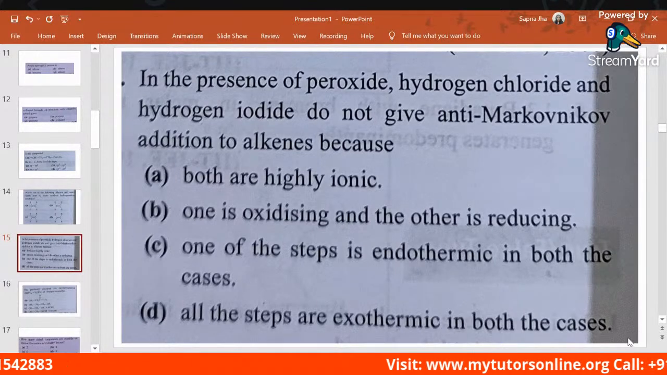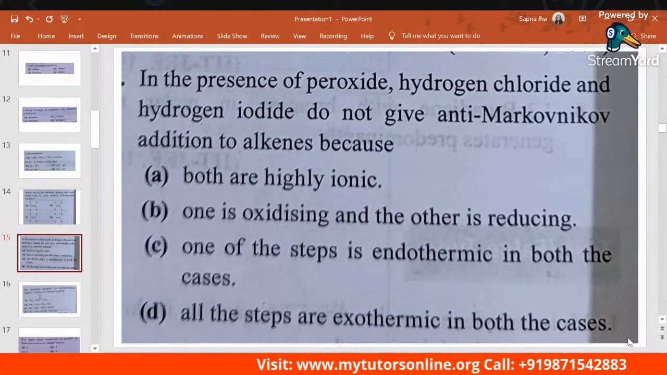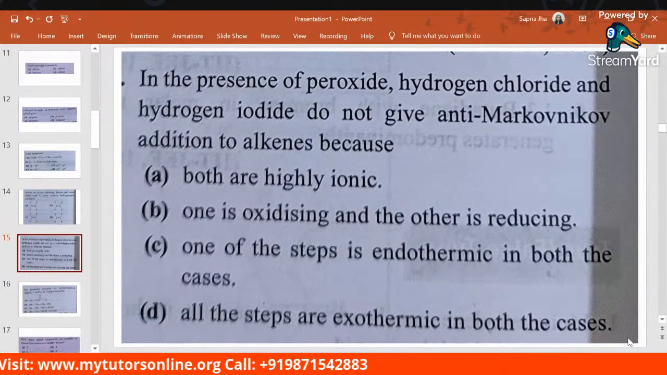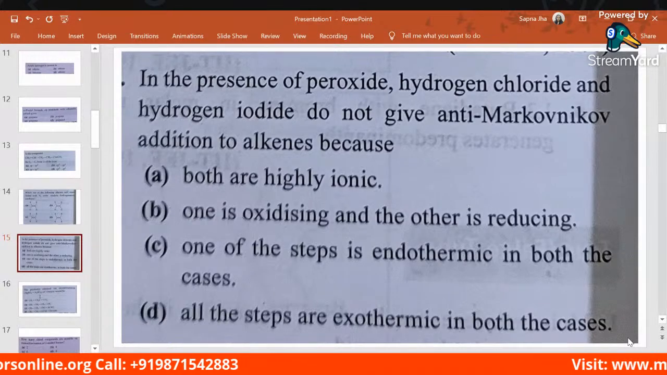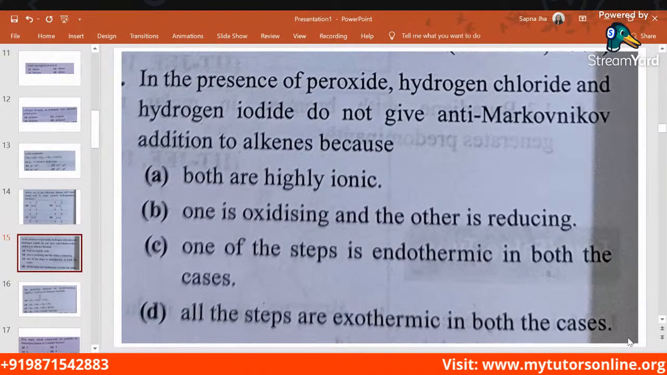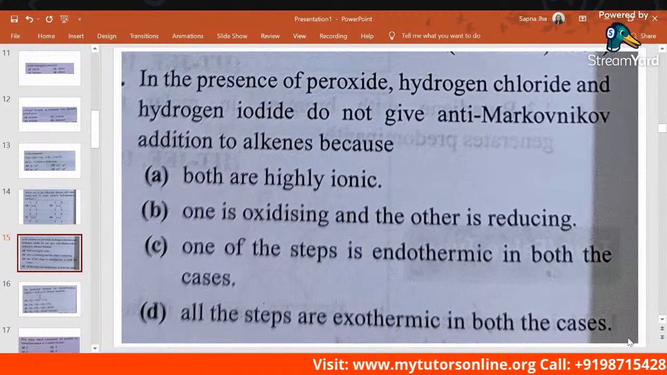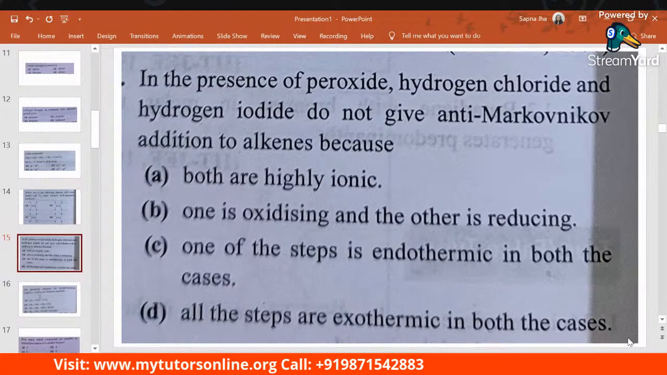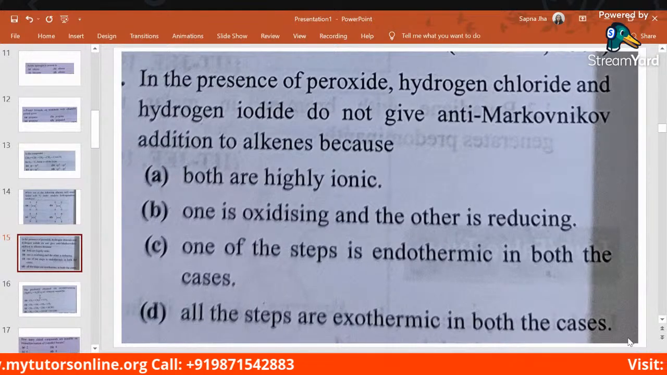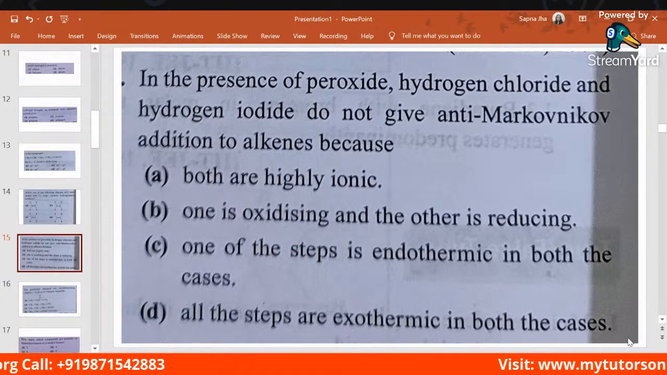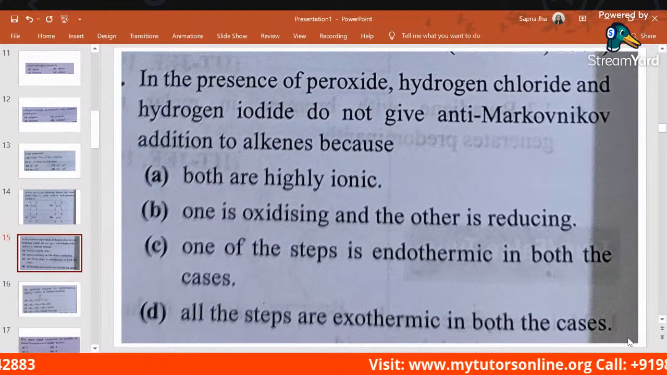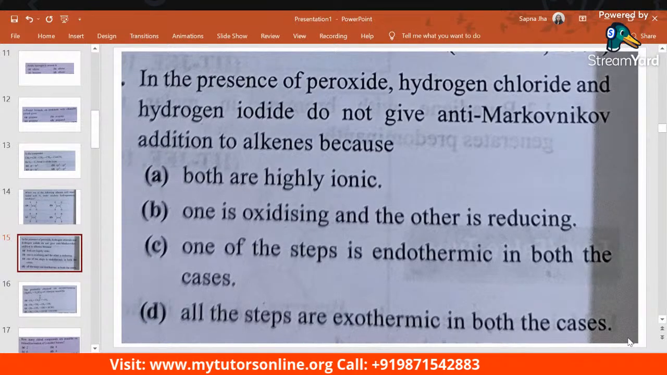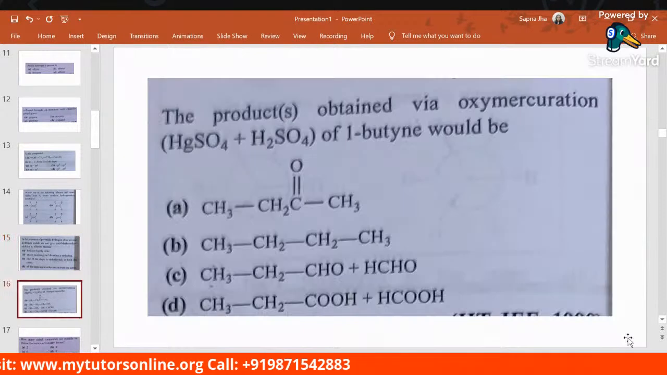The addition of halogen acids to alkenes is an example of electrophilic addition, but the addition of hydrogen bromide by the peroxide effect is an example of free radical addition. So in the presence of peroxide, HCl and HI do not give the anti-Markovnikov addition to alkenes because one of the steps is endothermic in both the cases, in the main steps of the free radical addition that happens in the peroxide effect. Okay, so next question is,